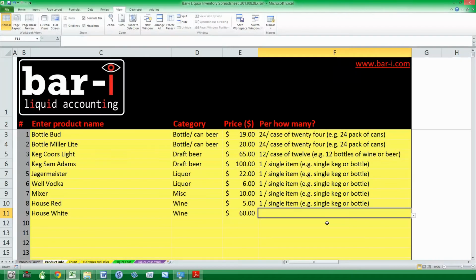We're going to show you how our free liquor inventory spreadsheet is an improvement on counting inventory at your bar using a clipboard. We're going to run you through 6 advantages, and the first one is just to simplify the